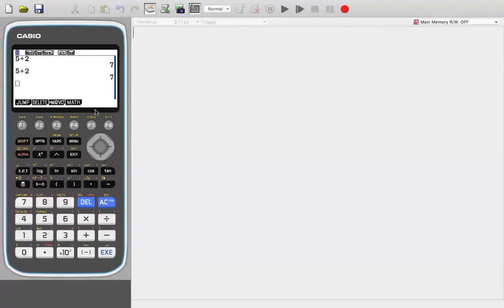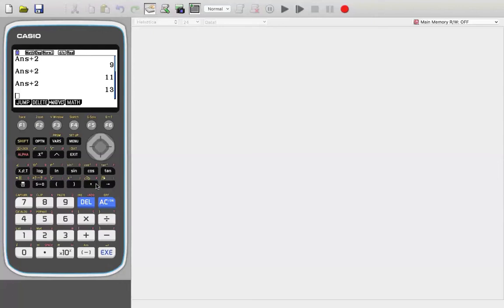So if I want to add 2 to 7, I can either type 7 and then add 2 to it, or I can use shift and press this button. It gives me the previous answer, and then I add 2 to it. An additional benefit is that if I press execute again, it gives me 11. It repeats the previous command with the latest answer. If I press again, I get 13.